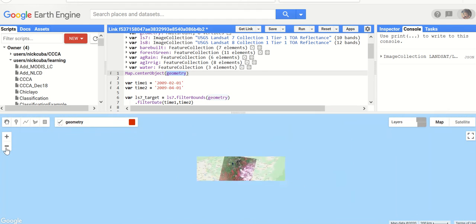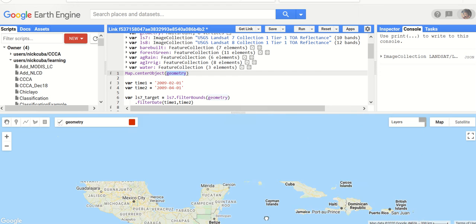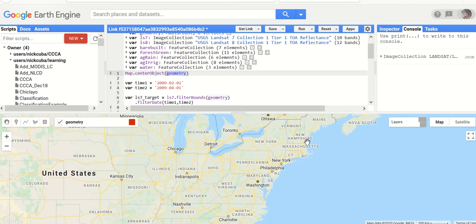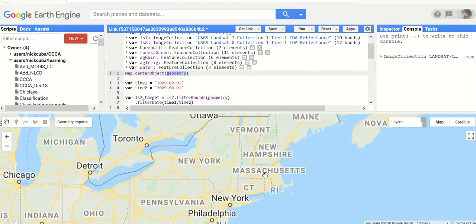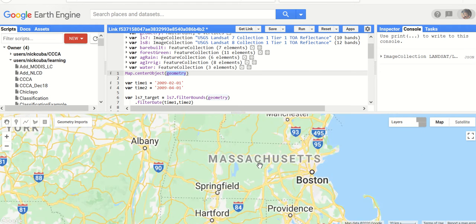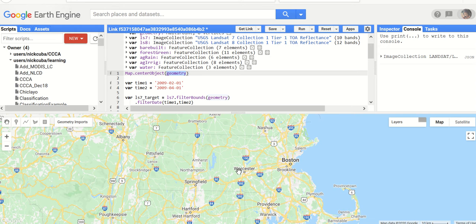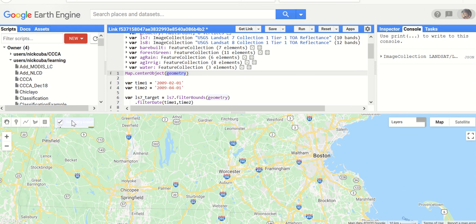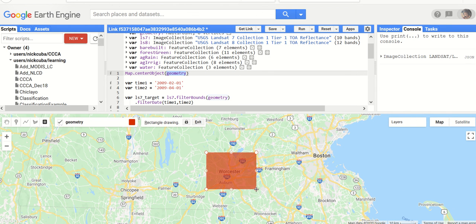Zoom out. For Massachusetts. And I'll add a new geometry. So now when I run,